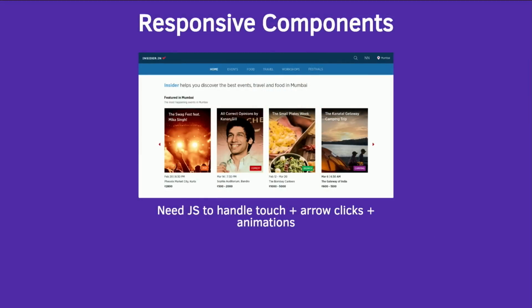Why are you shipping JavaScript down to 75% of your users, which isn't going to be used? But the same carousel on desktop needs JavaScript. You need to handle the little clicks on the arrows. Someone might be opening it on an Ultrabook, and they might have touch enabled, so you need to figure out how to respond to touch events. So you need to be really smart about that and build your components in a mobile-first way, and then gracefully upgrade them to their desktop versions or to other feature-rich versions using lazy load.